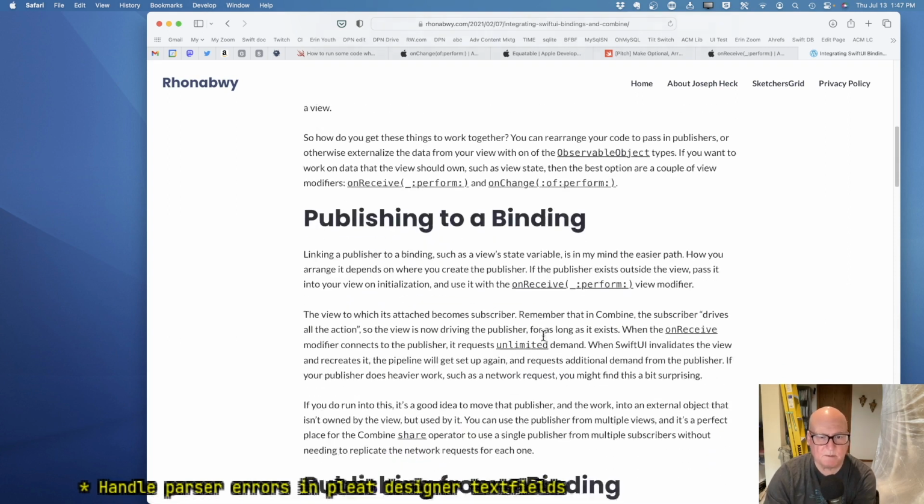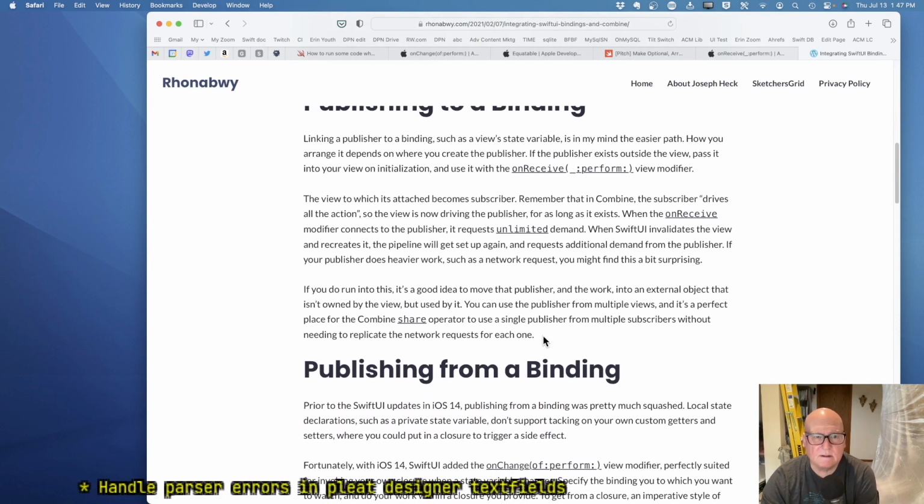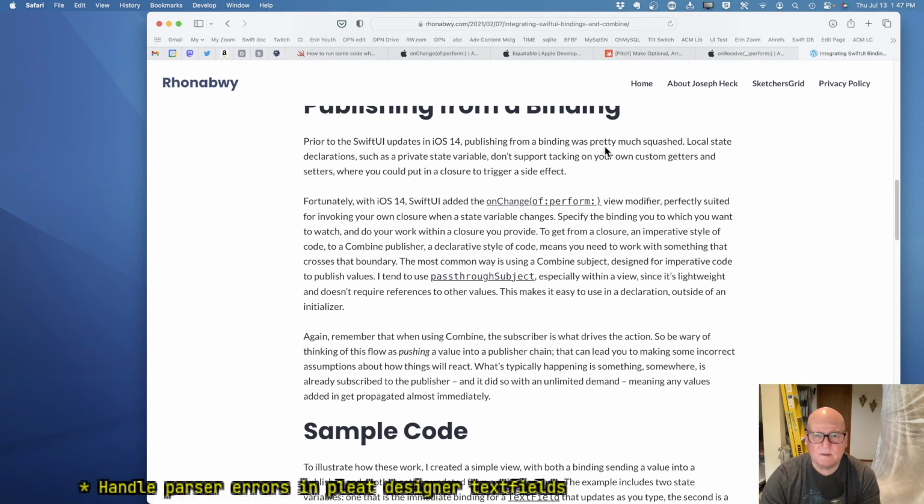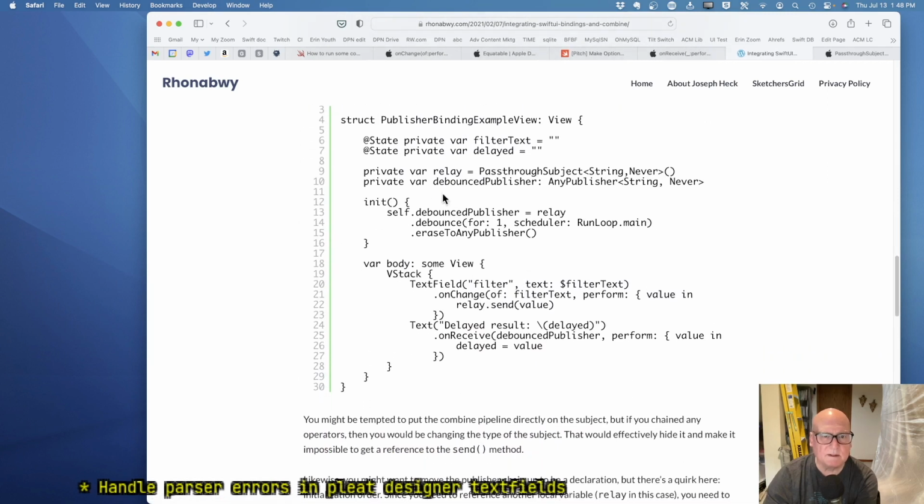Well, he's got to be on the observable object. I don't know. Publishing for binding was squashed. Okay. One change it for form. Do your work in the closure. Sample code. Okay, state.